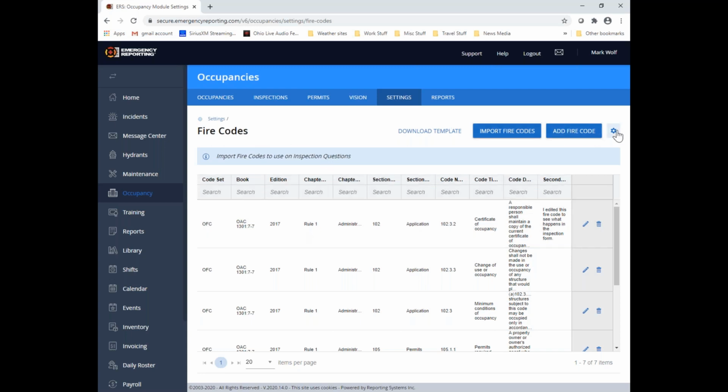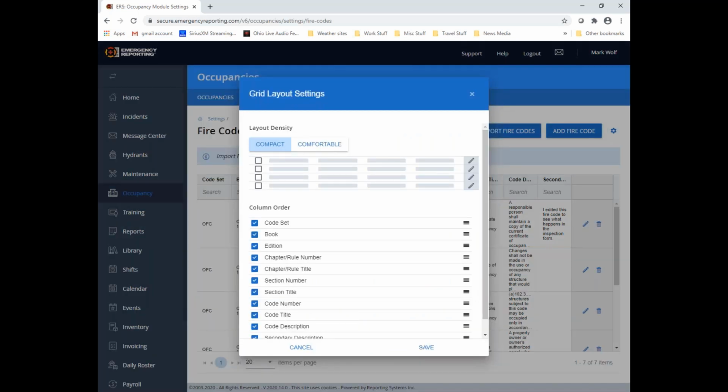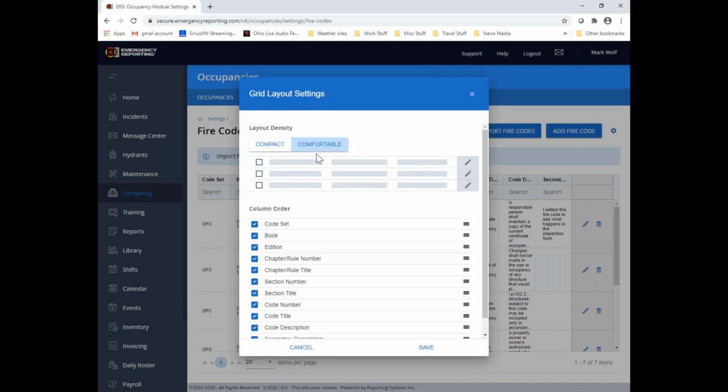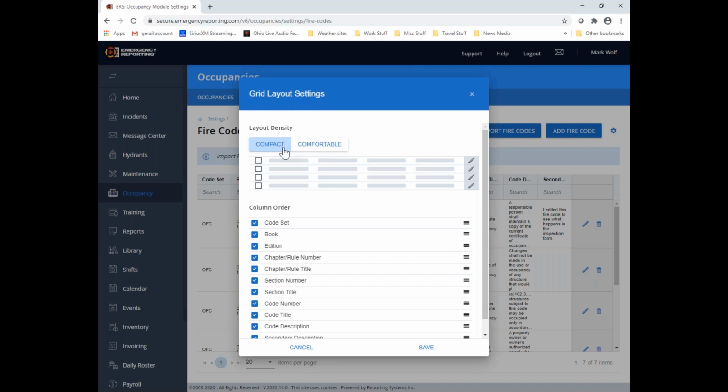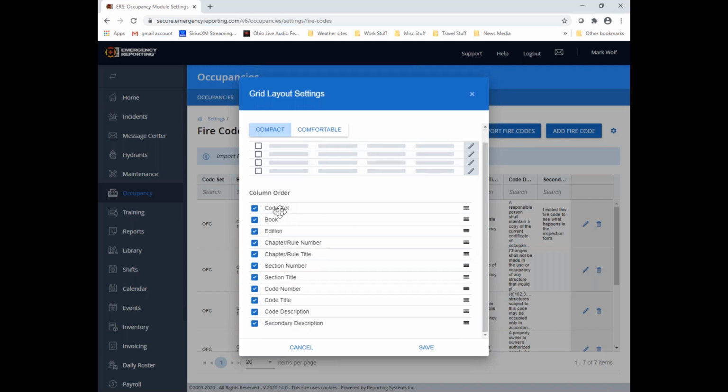So up at the top of the page to the far right, we've got our little settings button here. We'll give that a good old mouse click, and we can deal with our grid layout settings. So compact and comfortable, which is going to show us or display the text on the page size basically, and then we actually have the columns that we can turn on or off. So if I'm not using, for example, any secondary descriptions, I can turn that column off. Or if I would like to reorder these, so if I want code title before the number, I can just drag that,